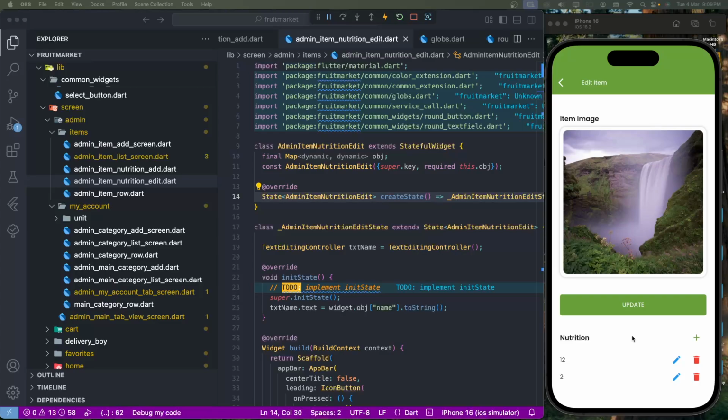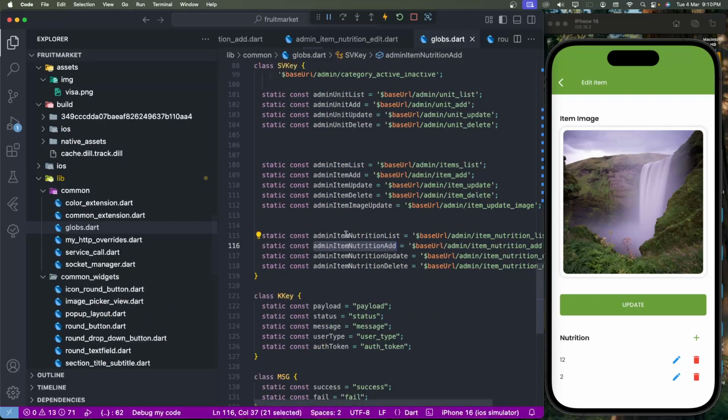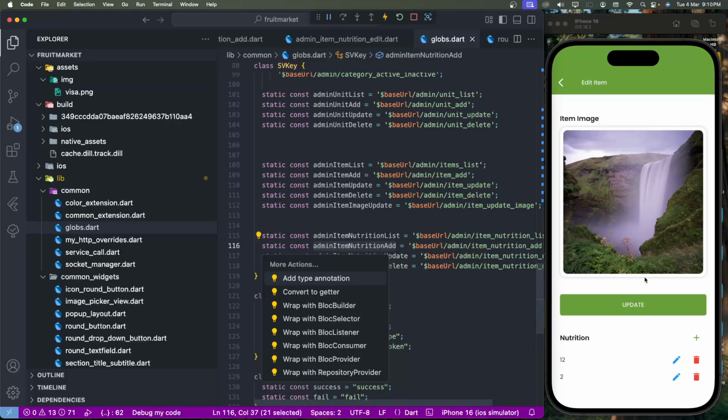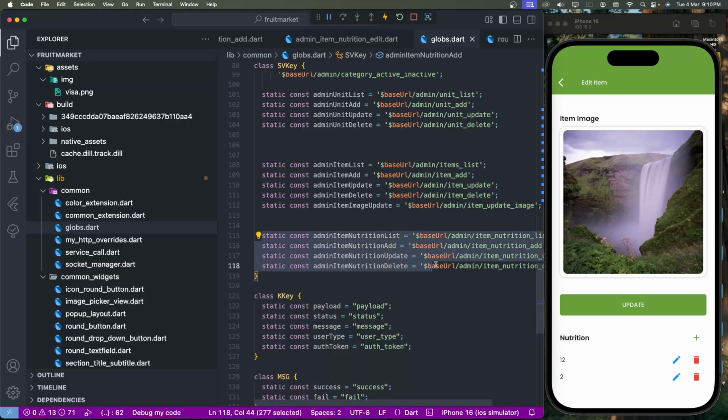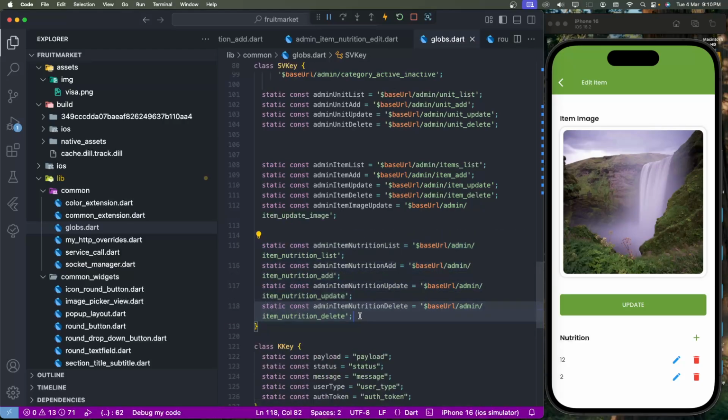Now, first of all, we need to make the UI for this data, and after that call the API. First of all, we need to declare this API inside the globe files. Now we need to copy the API we called previously, copy this line of code,